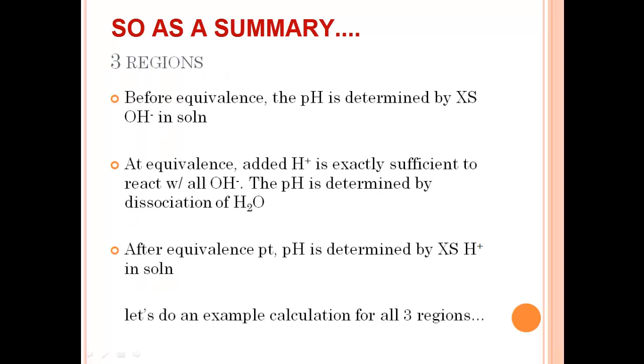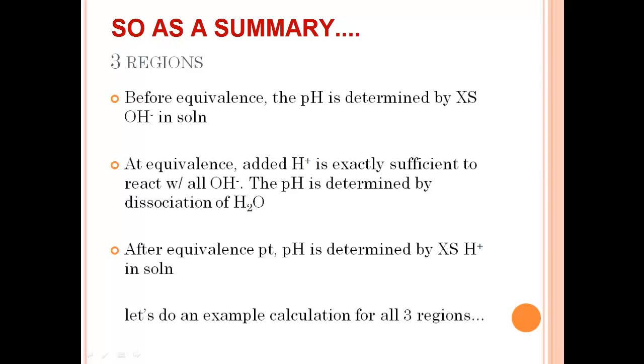There are 3 regions. Before the equivalence point, the pH is determined by the excess OH- in the solution. At the equivalence point, the added H+ is sufficient to react with all of the OH- in that Erlenmeyer flask, and the pH is determined by the dissociation of water. You already know that since H+ is equal to OH-, the pH is going to be 7. And that is so cool because you already know the pH of a strong base, strong acid titration, always. It's not the same when you do other types of titrations, but for this one,